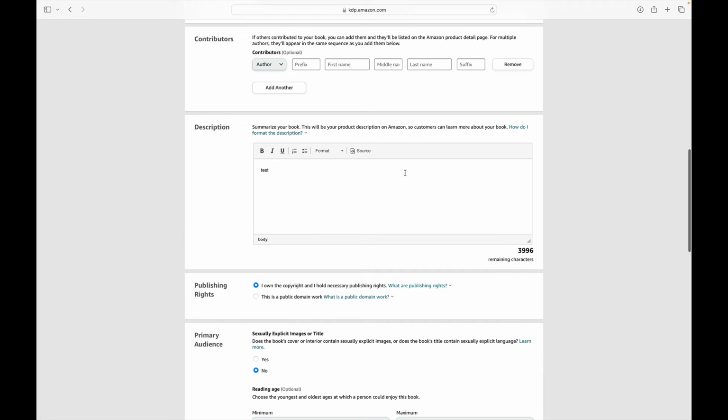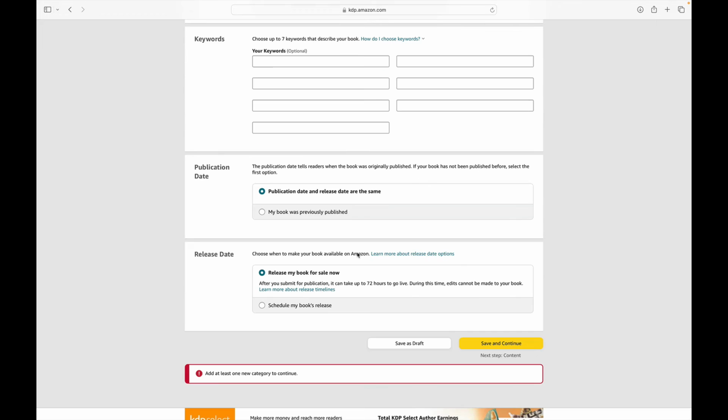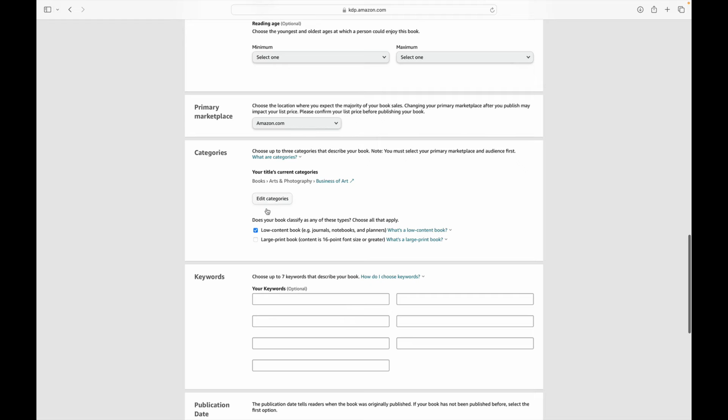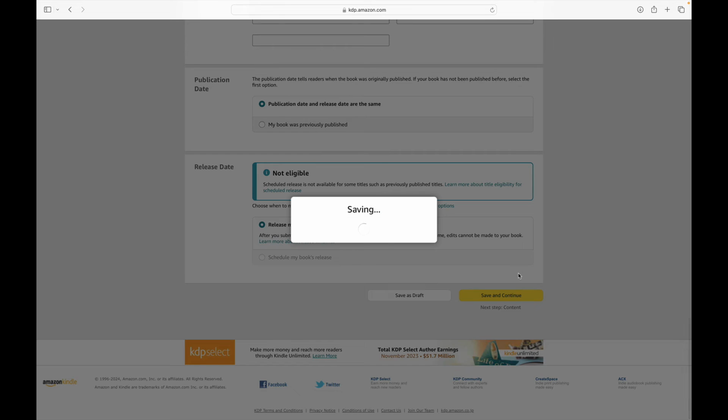So because this book was already in draft mode, I can actually go through and continue working on it to get it published. And of course, I do need to fill in a few more categories to be able to save and continue. Let's just pick a category here, show it it's a low content book, save and continue.